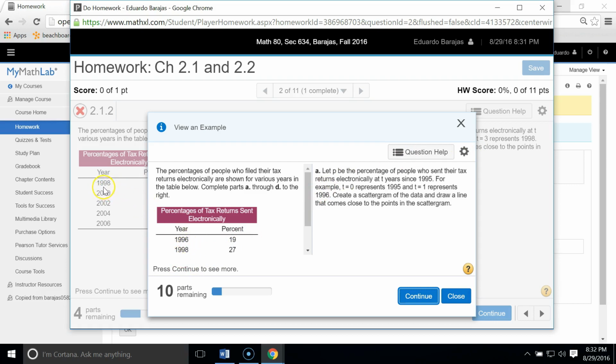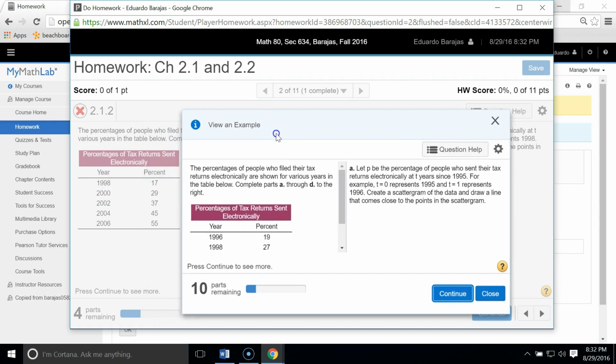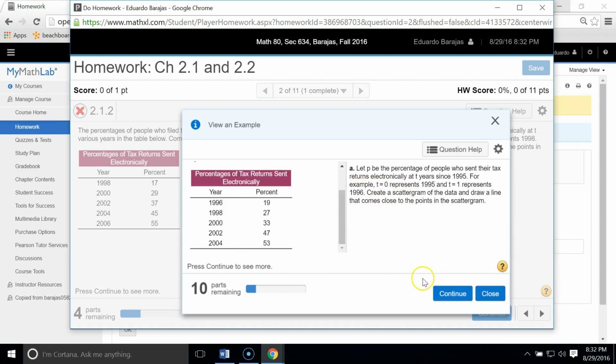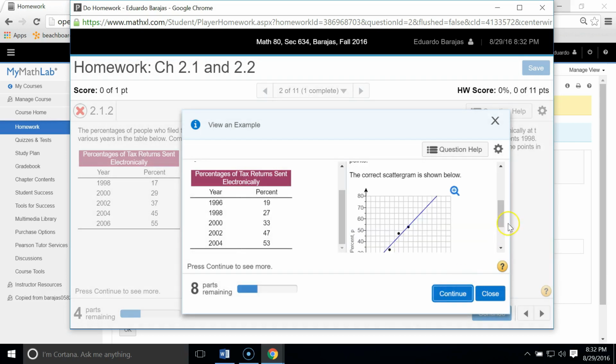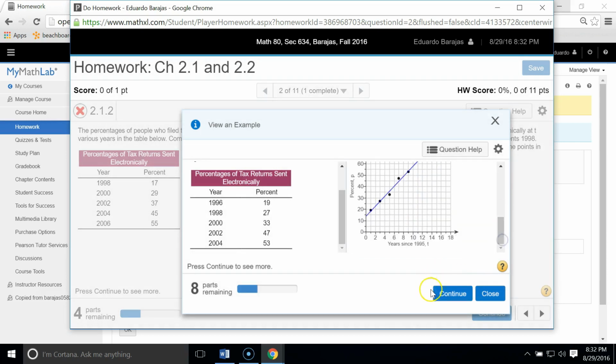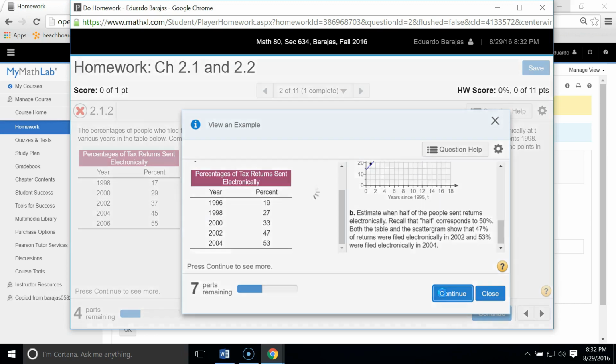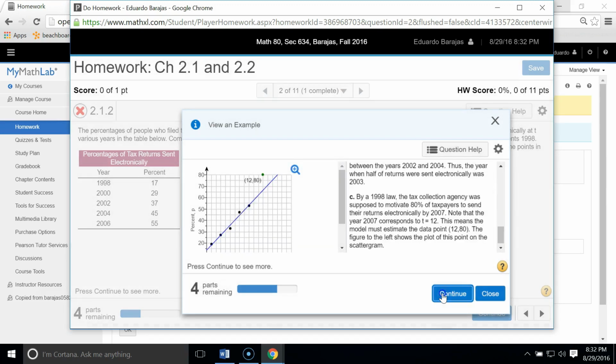So see, this one has 1998, 17. This has 1996, 19. So the answers are going to be a little bit different. It still walks you through the process, holds you by the hand, makes you read through it, shows you examples, shows you what the real answer should have been, walks you through the whole thing. Okay, so hopefully now you kind of get what you did wrong or how you were supposed to get full